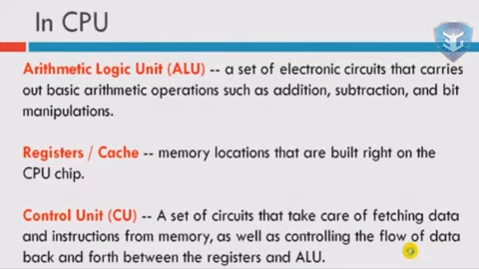ALU does a lot of calculating. That is the part doing the calculation, every single calculation in your CPU. And the registers and the cache, that is in the memory. The memory location is built right into your chipset, in the CPU chipset, and it is really fast. It's not like your DDR2, DDR3 memory. It's really fast, but its capacity is too low. Cache capacity is around 2 MB. Sometimes it is 12 MB, but typically 2 MB. Now the newer i3 processors have